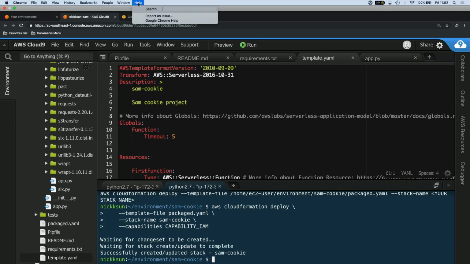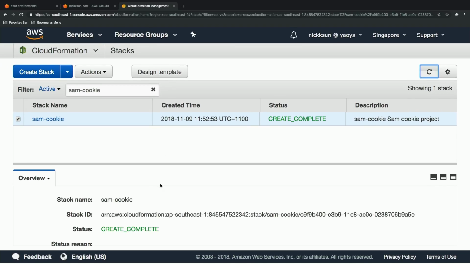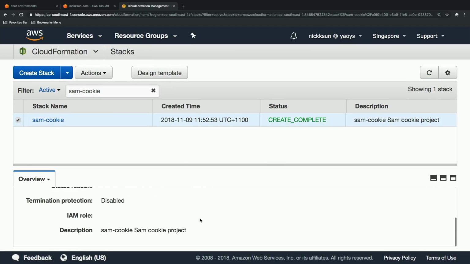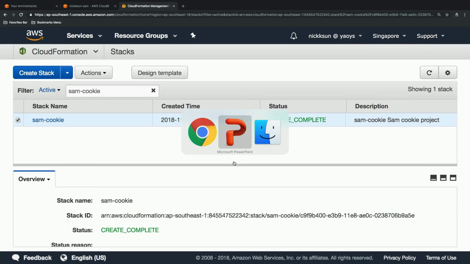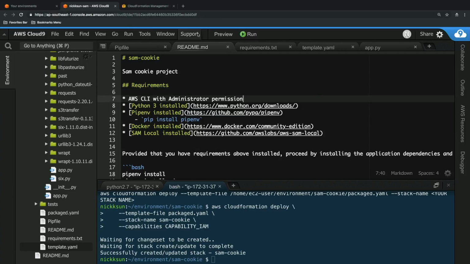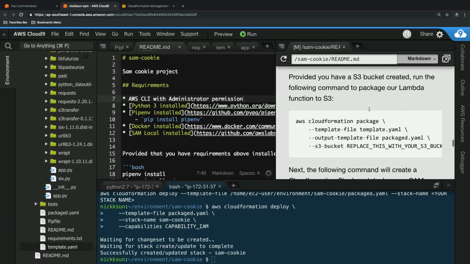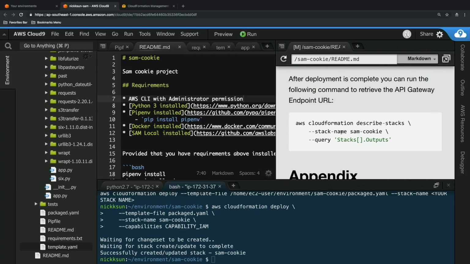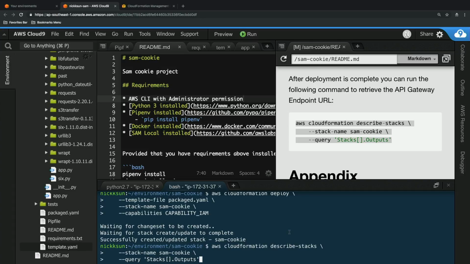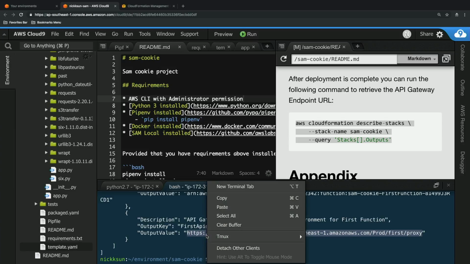So it's completed. How about we access this application from somewhere? Let me check this README file again. I can use this command to describe the details of the stack we've created. As you can see, we have a URL being generated for us. So let's copy that,